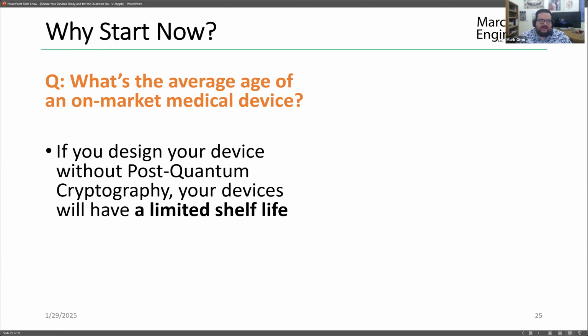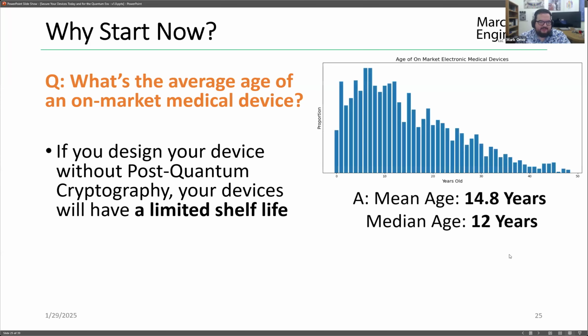So it turns out I ran a report over the GUID database of medical devices, which includes information on what devices are on market and what devices are off market. I selected only for devices that are electronic, and I plotted the data here. It turns out the mean age of medical devices is 14.8 years, and the median age